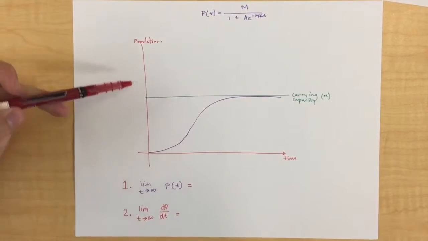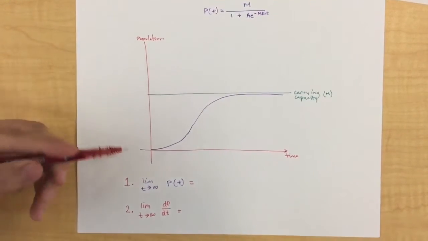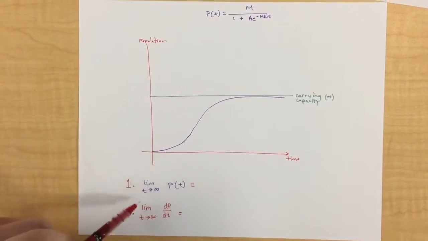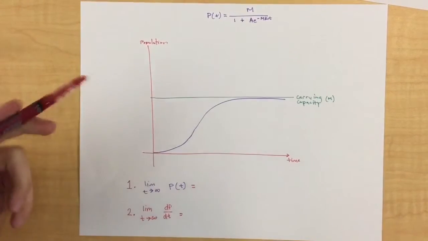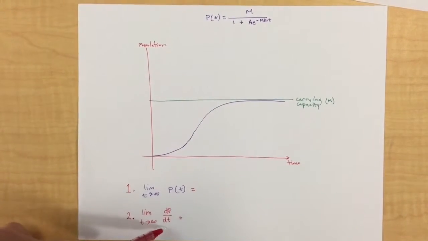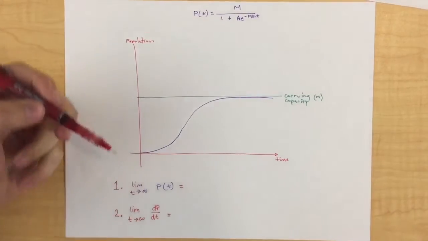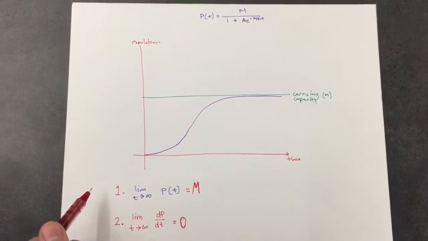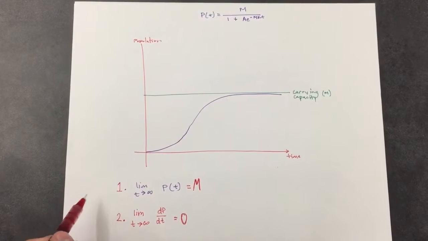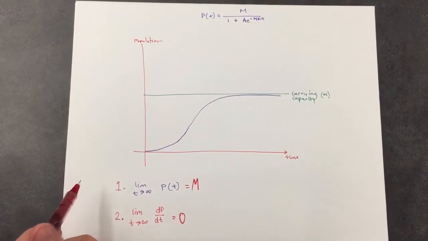Using this, we can solve some of the most simple AP-style questions, such as, what is the limit as t approaches infinity of P of t? And what is the limit as t approaches infinity of dP dt? Take a second to look at the graph and think about this answer. Alright, for those of you who got it, good job. But for those of you who didn't,